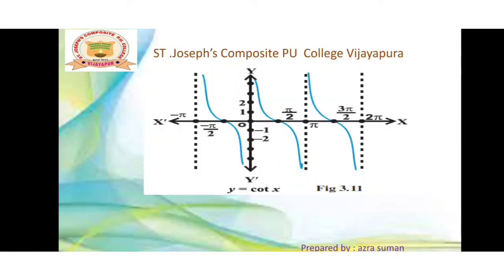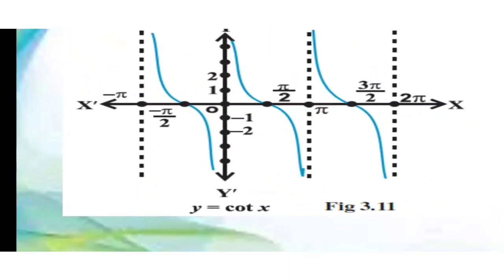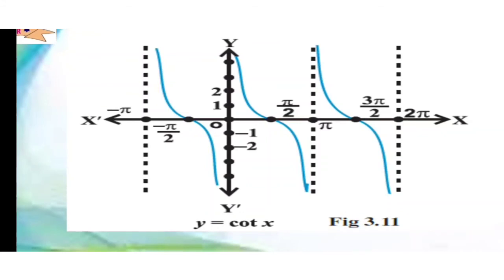Now our last function, that is cot x. Cot x is cos x upon sin x. Okay, cot x is what? Cos x upon sin x. So first of all we will see the graph, and we know some values of cot. Cot of 0 is not defined because cos of 0 is 1, sin 0 is 0, and 1 by 0 is infinity. At 0 it is not defined, so the function is like that.